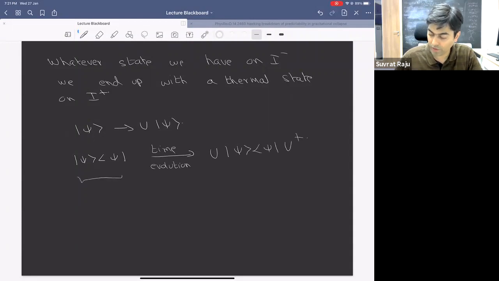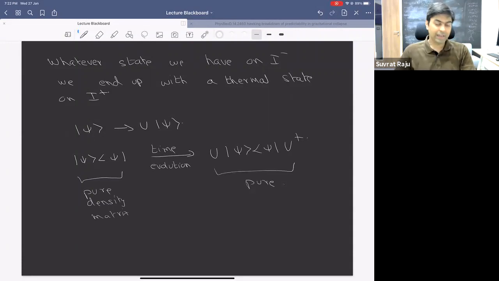So this is a pure density matrix. Then this is a pure density matrix. Okay, so this is also pure. So the idea that a pure state could go to a mixed state, which is what Hawking is saying he